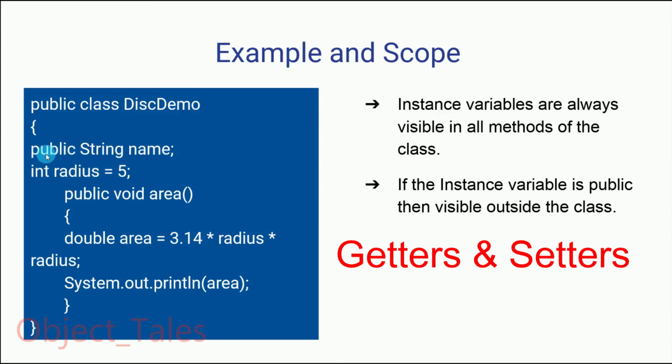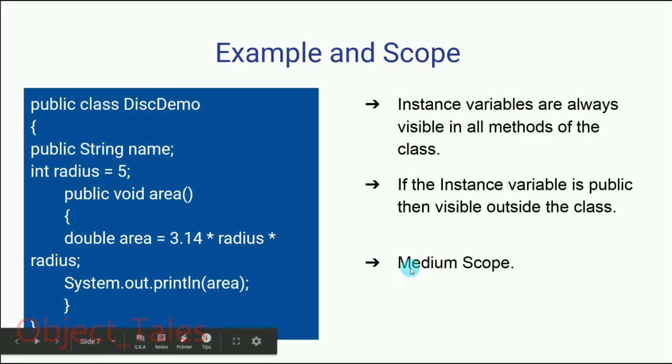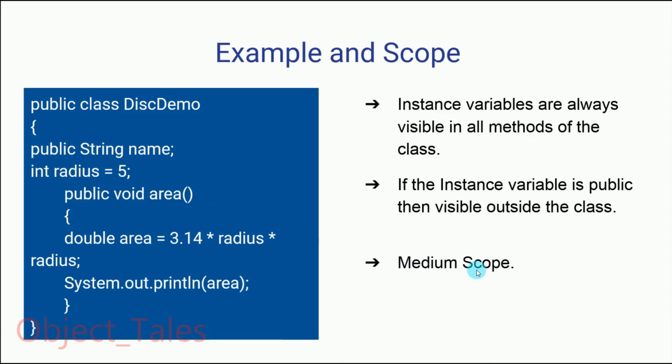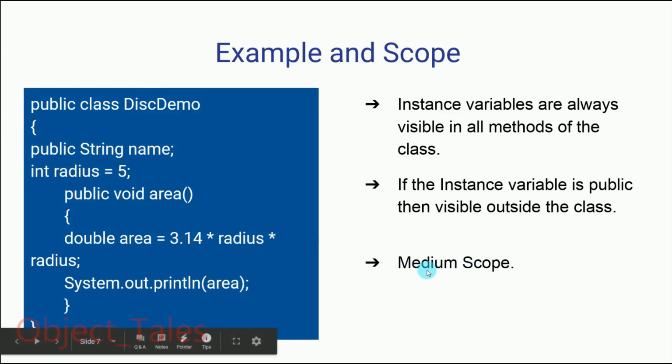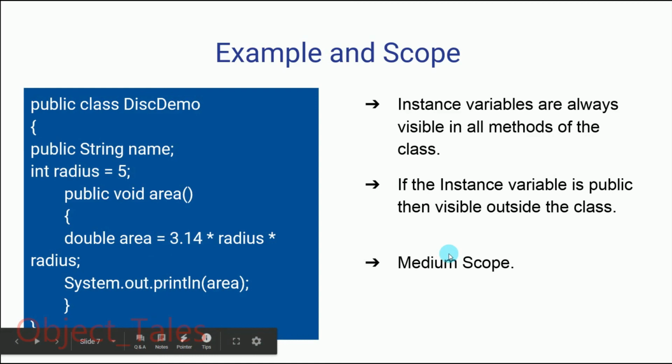If it is private, then it has a medium scope. I will show you the demo of private, public and protected in the program at the end, so see the video till the end, okay. The third point is the medium scope. A local variable has a low scope, as it only has scope within the method block or constructor, but an instance variable has scope within the class. It can be accessed from any method, constructor or block. But a class variable has more scope, okay.